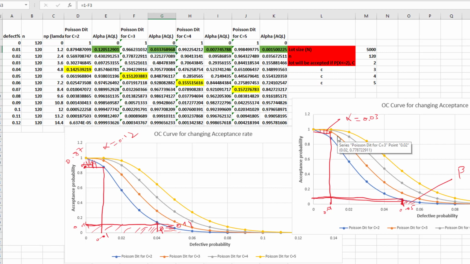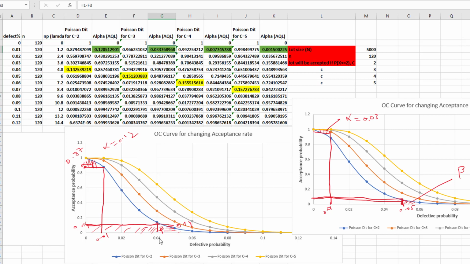So this is a good sign for whom? This is a good sign for the producer. But this is a worse sign for the consumer. You can see, before, the beta value, the type 2 error, the consumer risk, was 14%, but now when we change, it becomes 15%, and 15% value is 5.